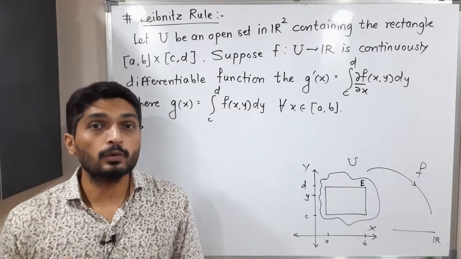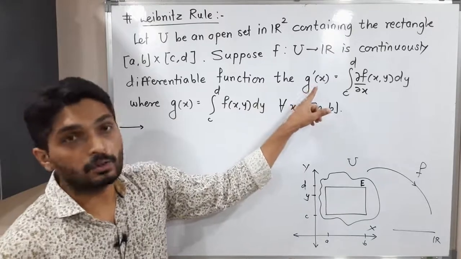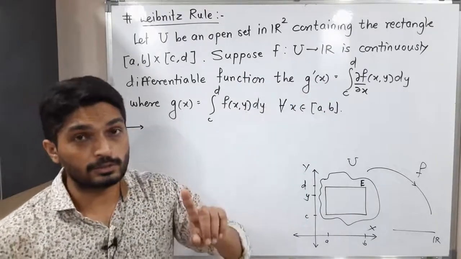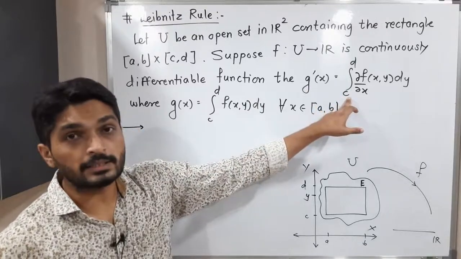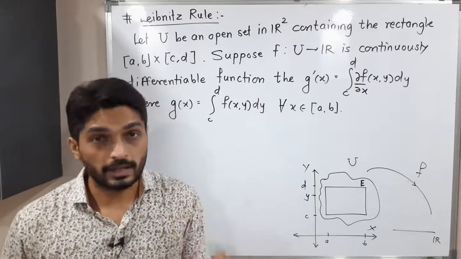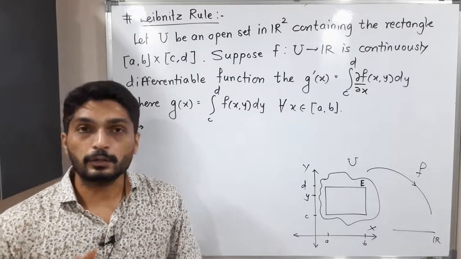So let us see how to find its derivative. The technique of finding the derivative is very simple, okay. We write the integral as it is. We are finding the derivative with respect to x, okay, integration as it is, and we simply take the derivative of that function with respect to x. So that is the partial derivative we take. So let us start to prove it.